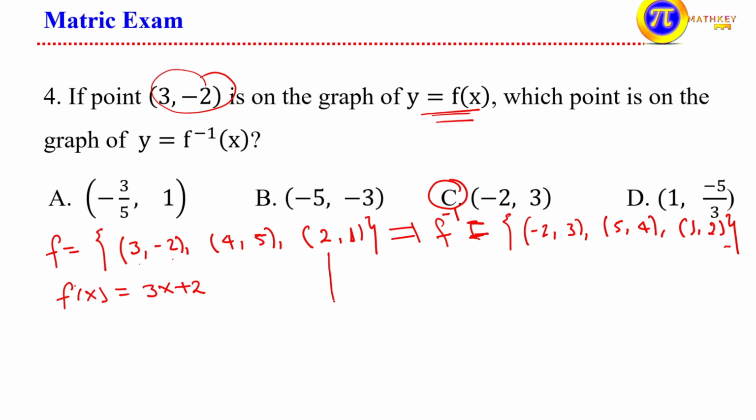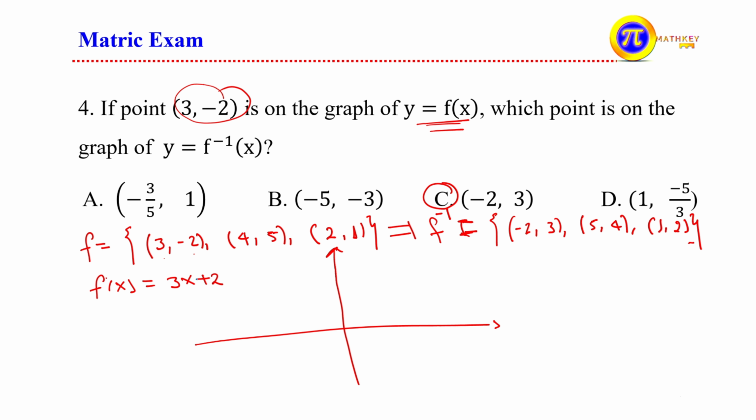Now what's the graph of this function? It looks like this, which is equal to, take the x and y intercept for this graph. When x is 0 ሲሆን the value of y becomes what? That is 2 ይሆናል። When the value of y is 0 ሲሆን this becomes what? Negative 2 over 3 ይሆናል ማለት ነው። So by joining this we can sketch the graph of this function. This is equal to f of x is equal to 3x plus 2 ይሆናል ማለት ነው።